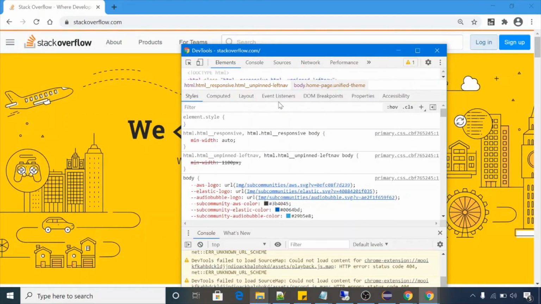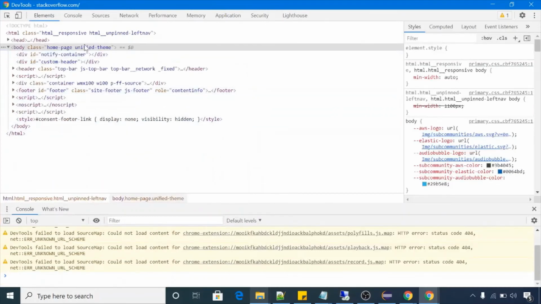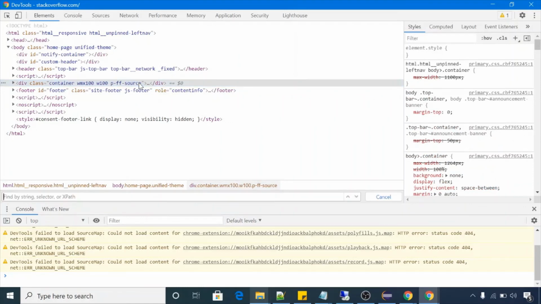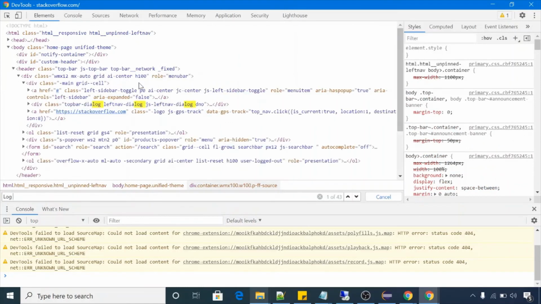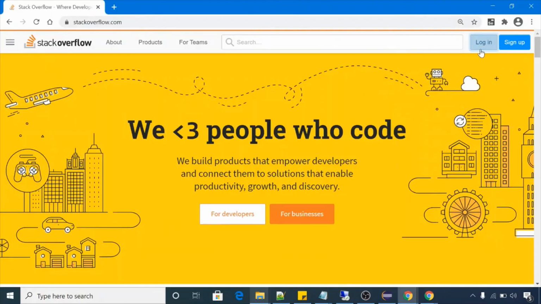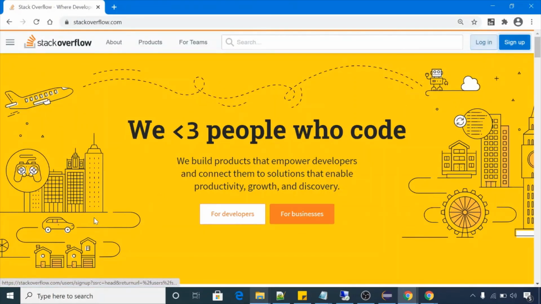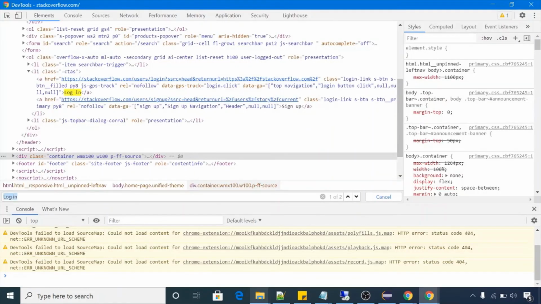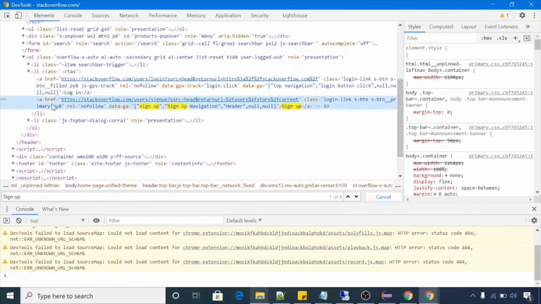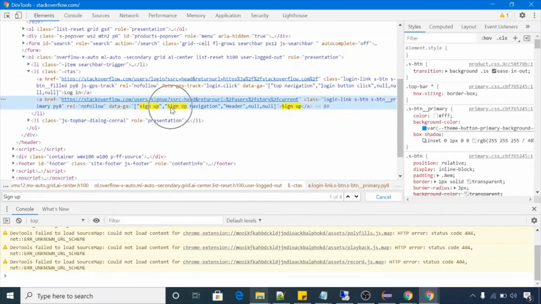So you can find elements here. This is all your DOM here. You can just click here anywhere and press Ctrl F and search login, if your element name is login. So you can just search here, press Ctrl F in this DOM area, and enter your text here. Let's suppose I want to search sign up, so I will type here sign up. So we are getting this element here, this highlighted area. So this is called Chrome developer tools.